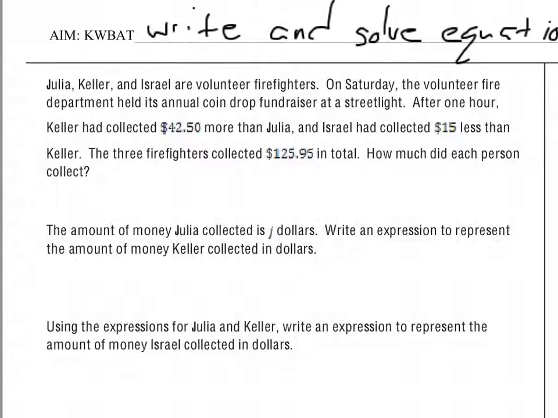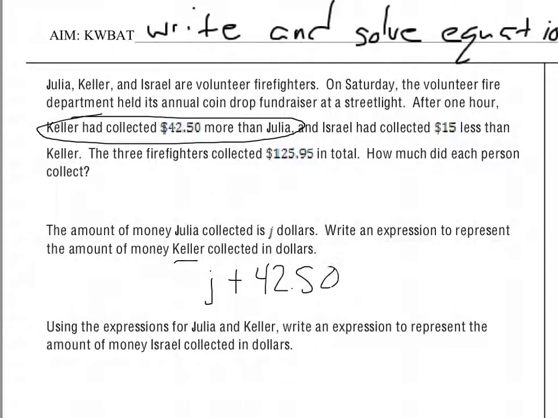So when I look at this, I'm looking at this relationship between Julia and Keller. So if Julia made J dollars, Keller collected more than she did. So Keller is going to be J plus $42.50. All right. Using the expression for Julia and for Keller, write an expression to represent the amount of money